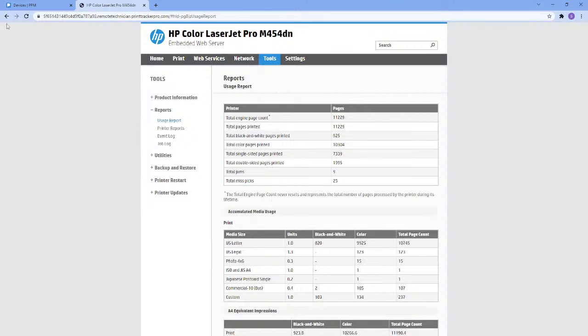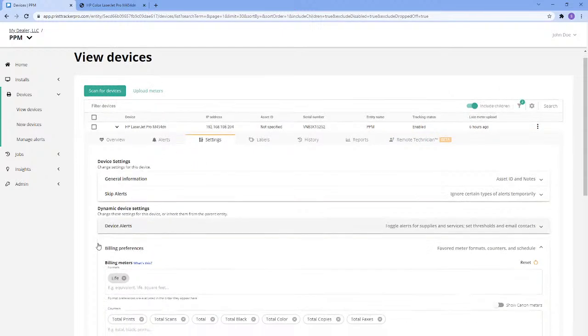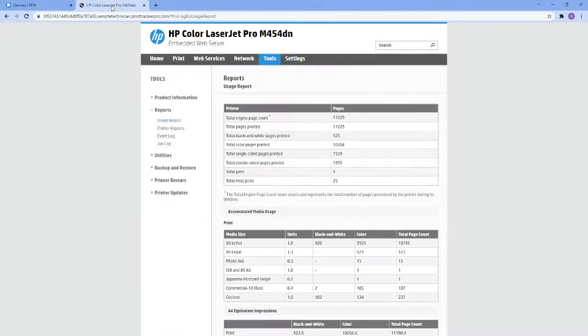So again, we'll collect all three of those formats on this particular device, and then you can go through and say, based on the way our contract is written, we want to bill off of this equivalent meter in this example. So how do we go about actually making that change? If we come back over to our device, we can see on this settings page under billing preferences that we have this format, and right now it's set to collect the life meter,